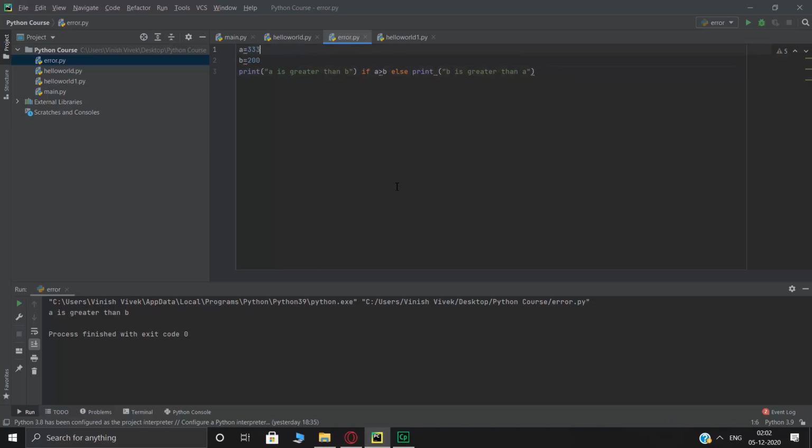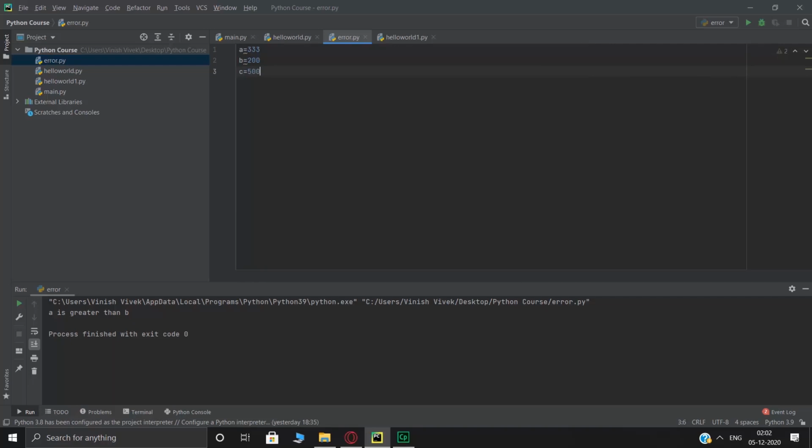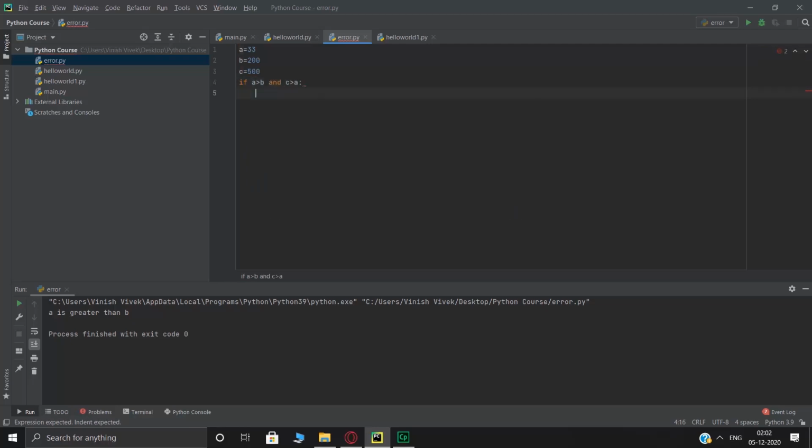You can also try an AND condition where you can say if something and something along with AND. So if there is a value C and C is equal to 500. So here you can give if A is greater than B and C is greater than A, then what it should do.